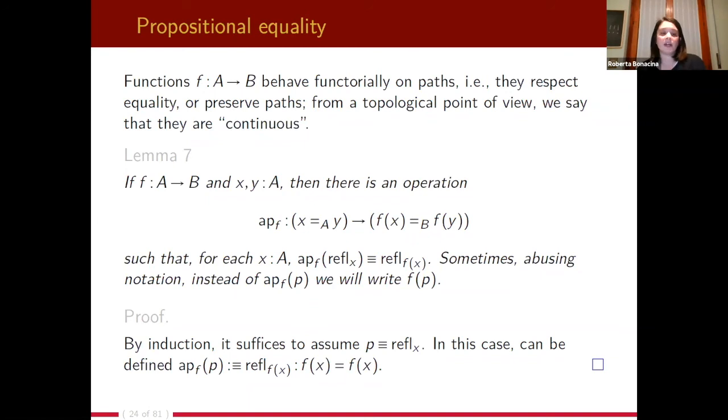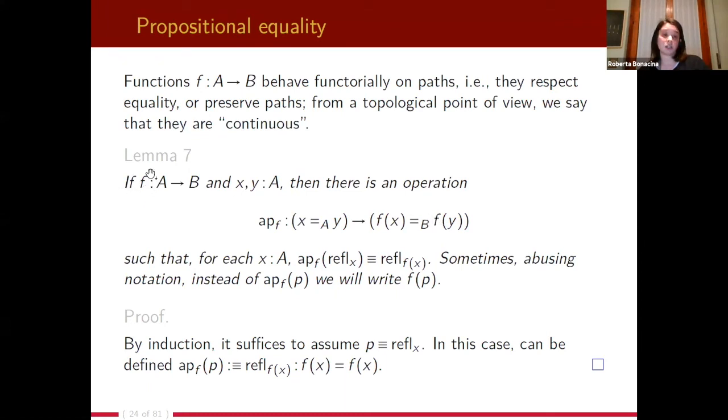Indeed, if f is a function from A to B, and x and y are terms of type A, then there is this operation ap of f, which maps the terms of type x equal y to the equality terms of f of x equal f of y. So in a sense, we can lift the path from the equality in A to the equality in B